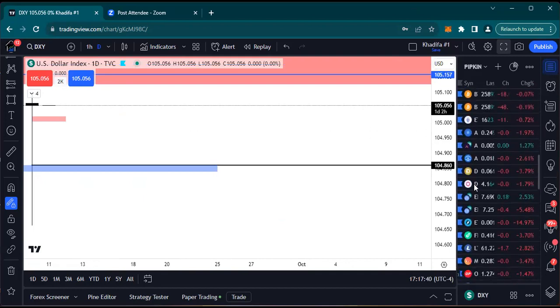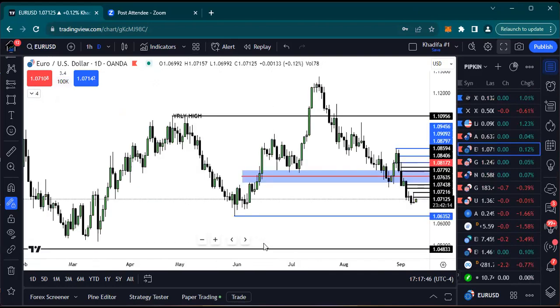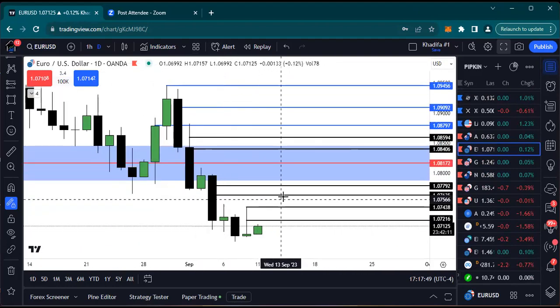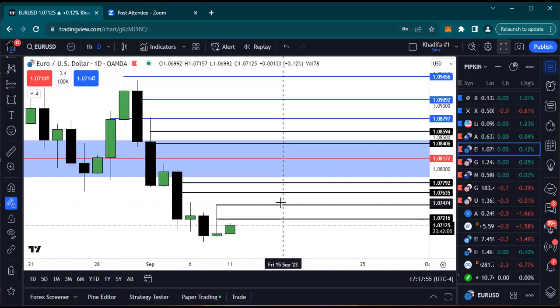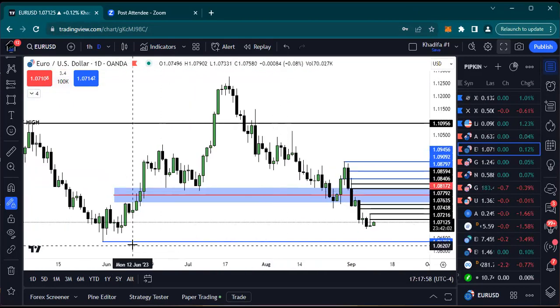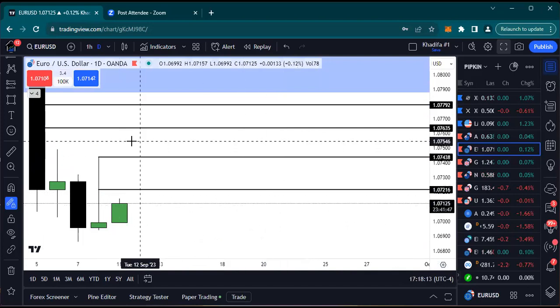So with that being said, going to Euro USD, looking at a currency pair for the week. If the dollar does indeed push up and break above that daily volume imbalance, then I look for us to run the weekly sell side liquidity for Euro USD at 1.06352, right? And if the dollar does push to the downside to retest that discount PD array from Tuesday of last week's price action,